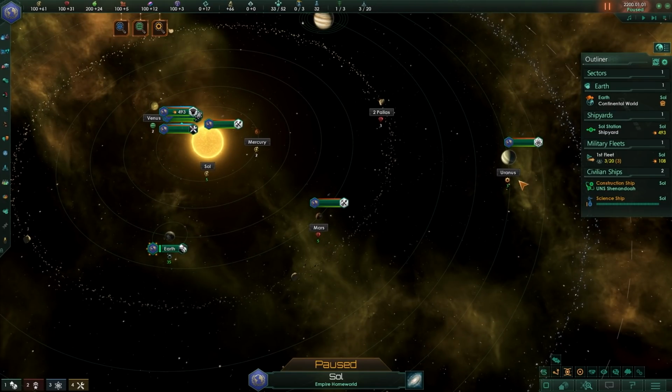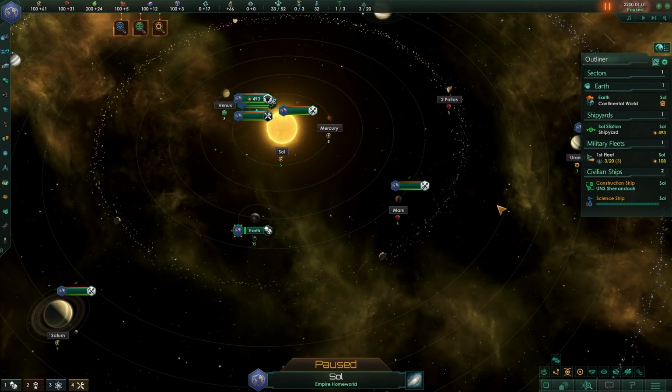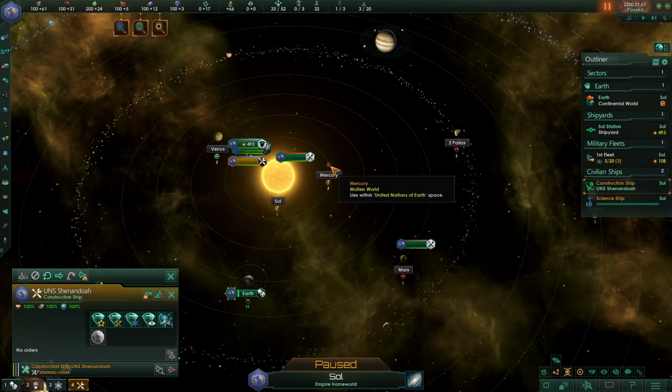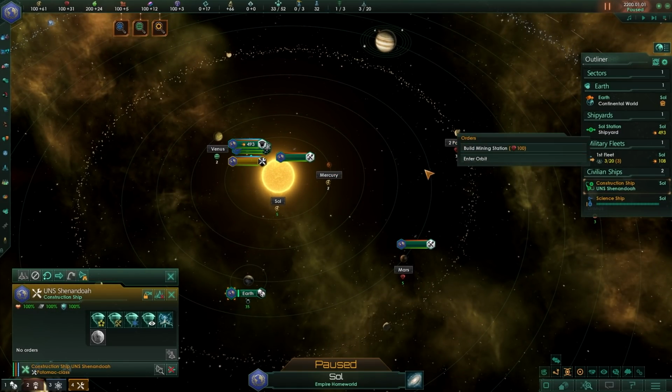And that basically means that these resources are already being mined by these particular types of stations. Now, what we can do here is actually set up a construction ship and take a look at some of these other places and potentially put down another station. You don't necessarily have to do this at the start of the game, depending on how much income and resources you have, but